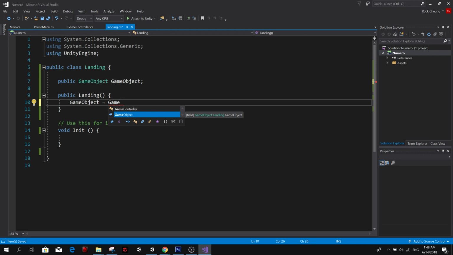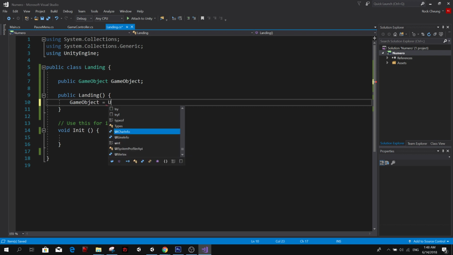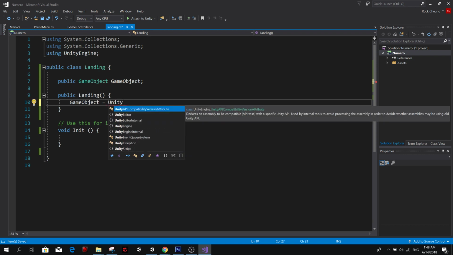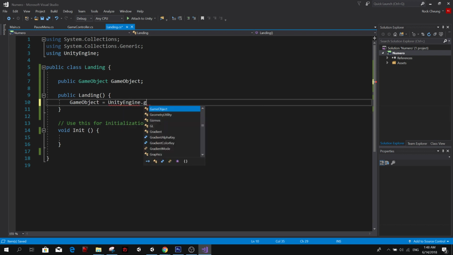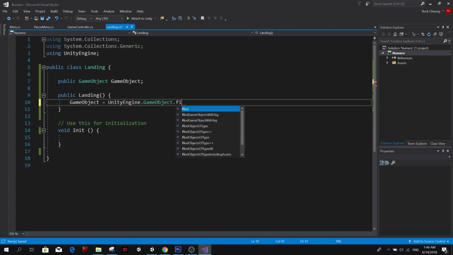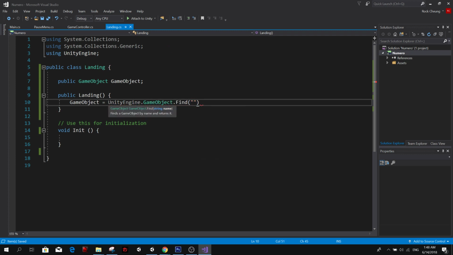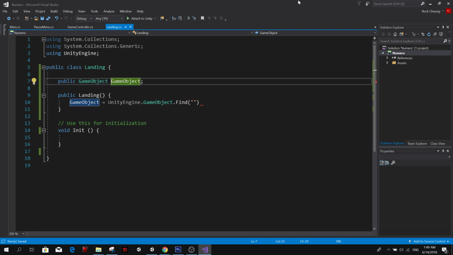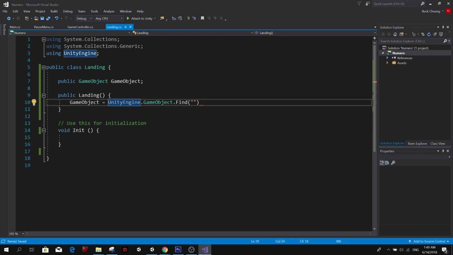If I call this game object, there will be ambiguity because I cannot call UnityEngine.GameObject.Find. That's something I wanted to do. So maybe we're not going to use game object as the name.